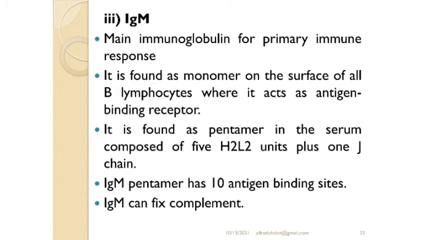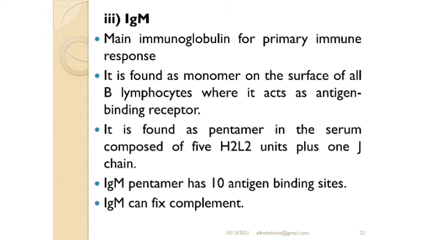So it is found as monomers on the surface of all B lymphocytes, where it acts as an antigen binding receptor. So it is found as a pentamer in serum, composed of 5 H2L2 units plus 1 J chain. So immunoglobulin M pentamer has 10 antigen binding sites, and we have already said that this type of immunoglobulin can